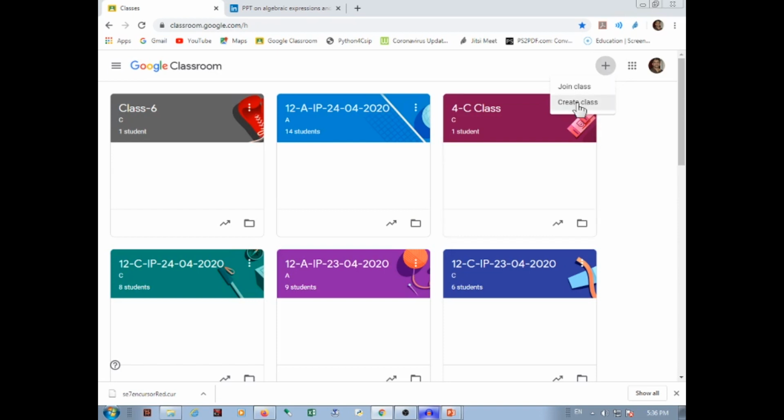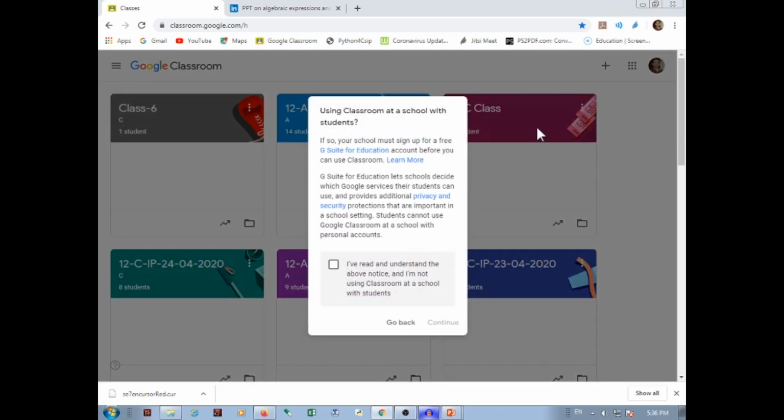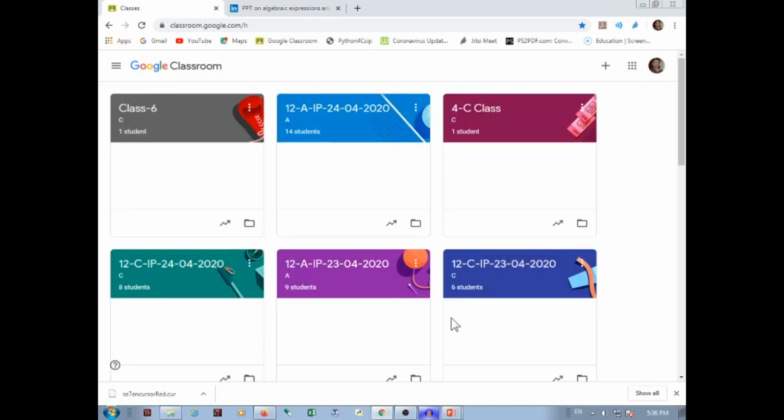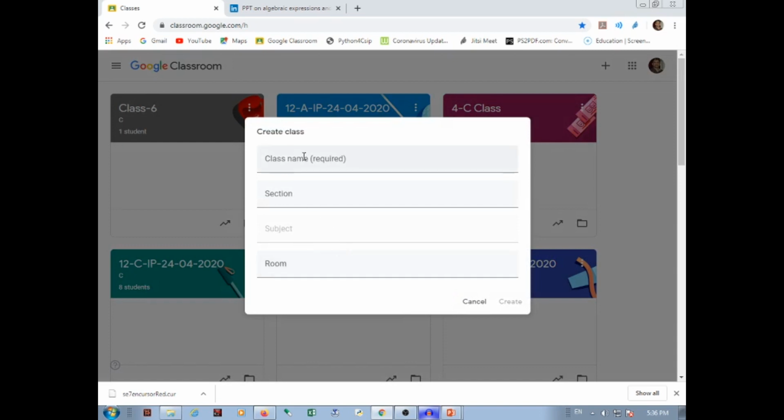I click on create class. As I click on create class, this pop-up window message comes and we have to accept the terms and then click continue. Now as you click on continue, these four particulars you have to fill up for the class. First is the class name.